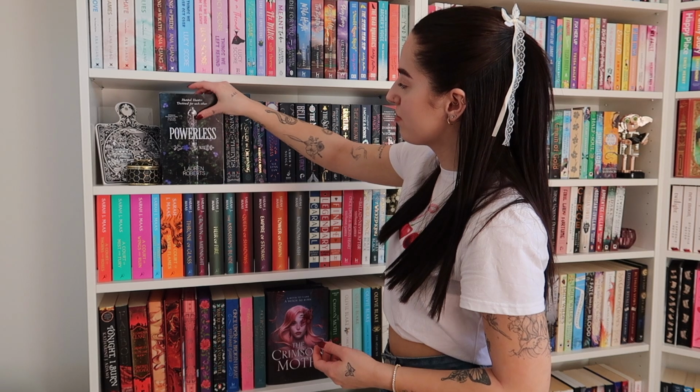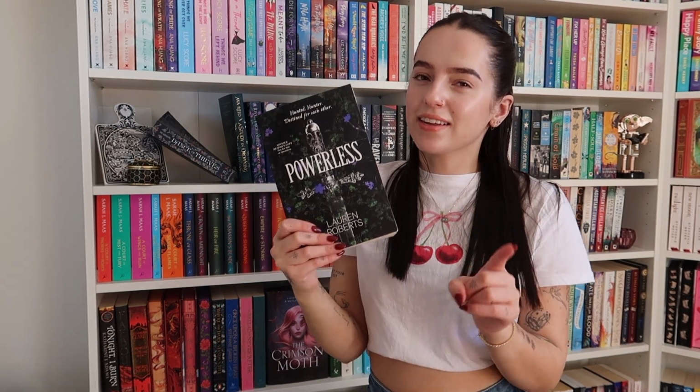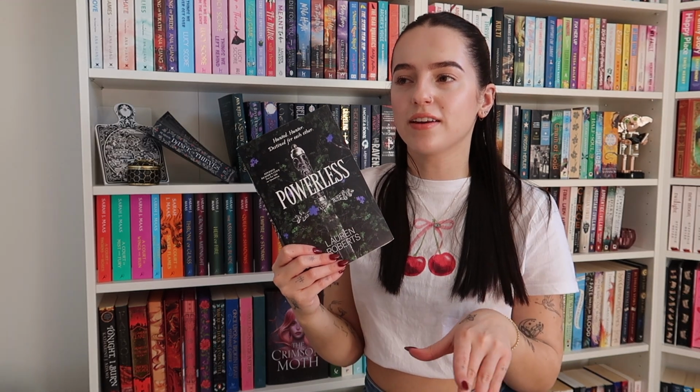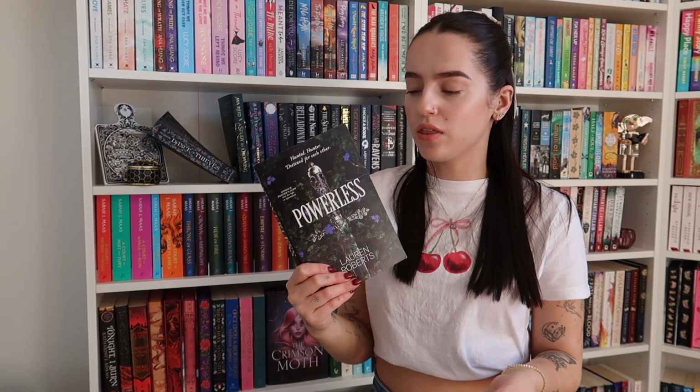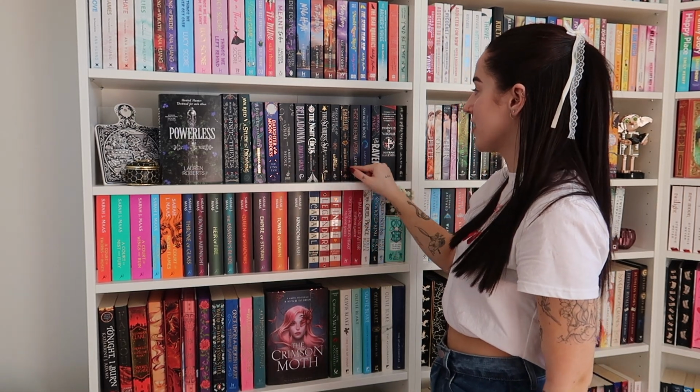Then I actually have the ARC copy of Powerless by Lauren Roberts, which I bought recently off someone. Technically I didn't buy it actually. I actually traded a book that I had with this and a few other books. So I'm very excited to have this on my shelves, and I know it looks the exact same as the normal copy, but of course I have to have it on display. I love this book. So I have a couple of quite popular fantasies here that I haven't actually read, like